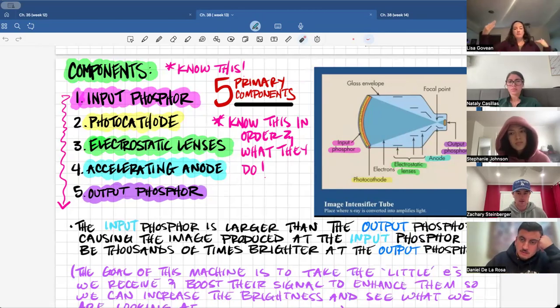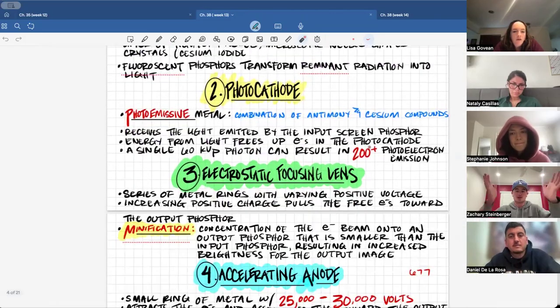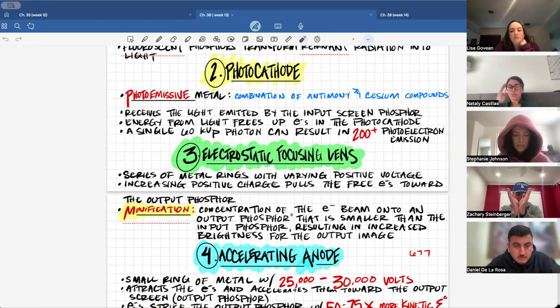Those made sense to me because they're negatively charged, so they're like pushing the electrons. They have positive voltage, so it kind of pulls them in. Magnification, I think one of the big things was that they have increasing degrees, because then you have the output screen, which is much, much, much smaller. So you need to focus, because you have this big electron beam, you need to focus it to,